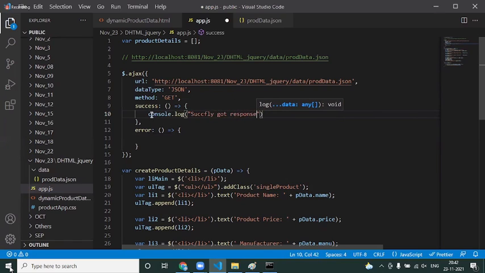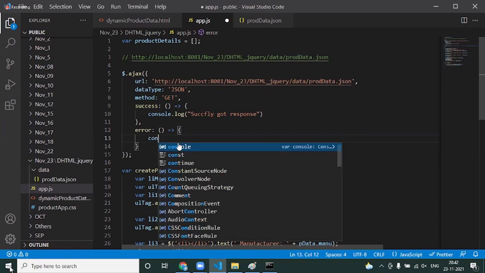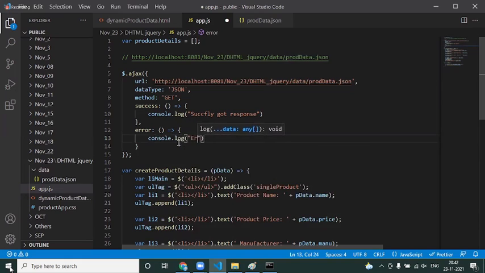At line number 9, the success callback method will automatically get executed whenever there is a successful communication between the client and the server, or you get a successful response from the server. And in the other method, console.log "error while communicating".